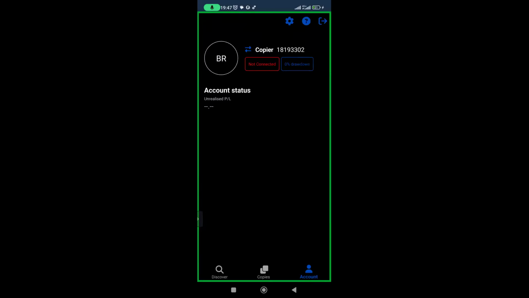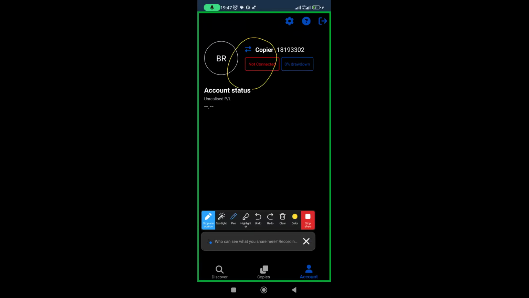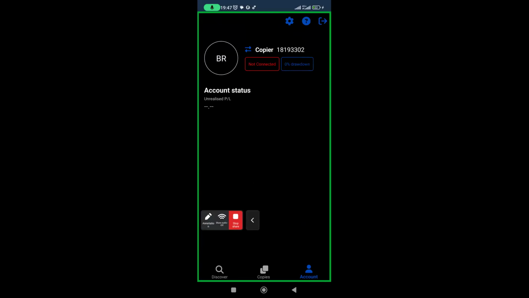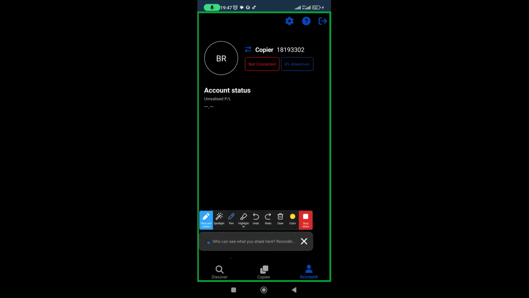You will notice at the top that this place I'm circling over now is showing not connected. That is to show you that you have connected your trading account, but you haven't started copying a trader yet. So you have to click on the discover button, this place I am circling over right now. And once you've clicked on the discover button,